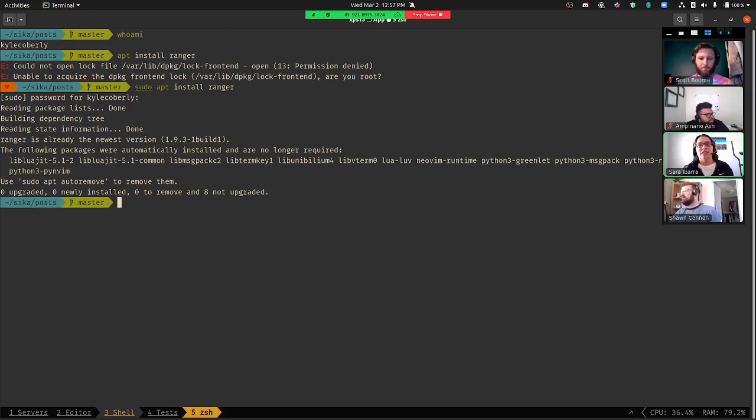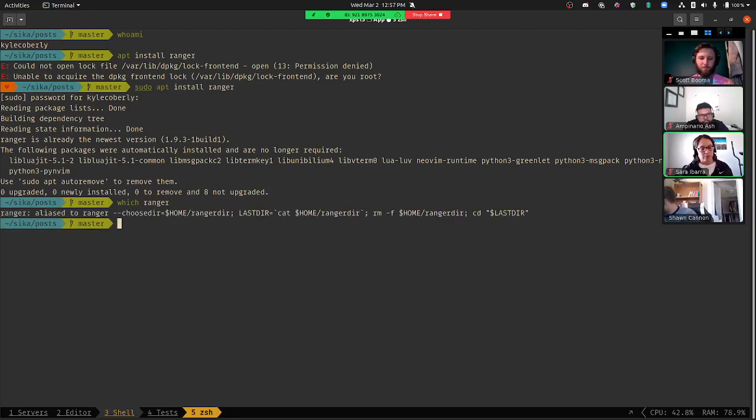When we install something like that, does it matter where we're installing, like which file or directory we're in? Package managers handle all that for you. I literally don't know where Ranger is installed. It doesn't matter. The operating system's taking care of all that for me. Now, if I was curious and wanted to find out where it is, the which command is a CLI command that shows you where something's installed. So if I go which Ranger,